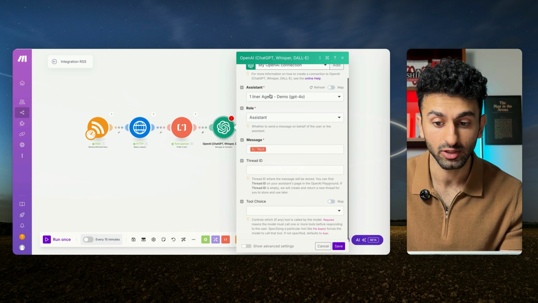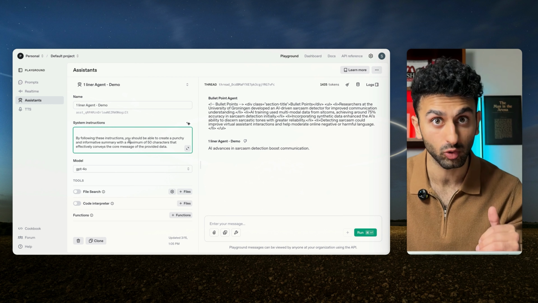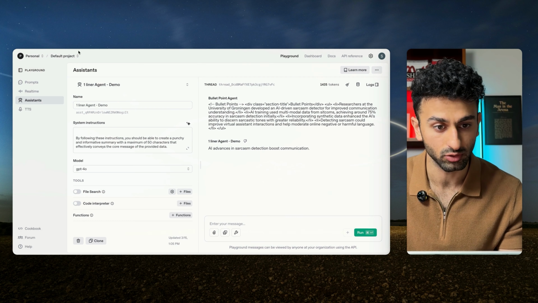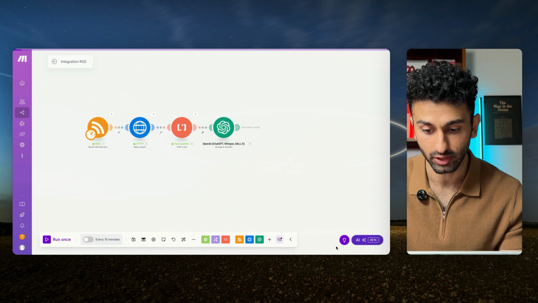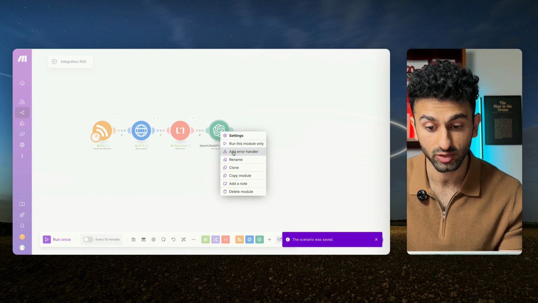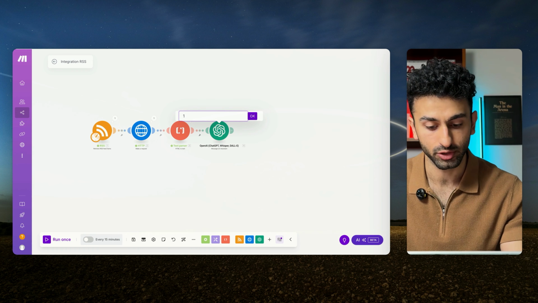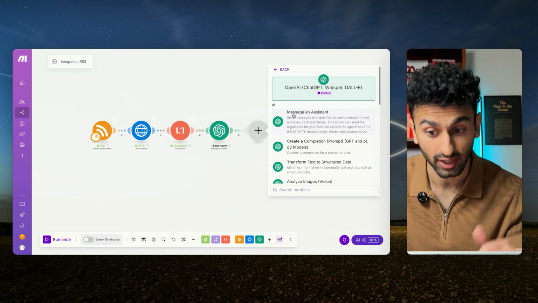The reason being, this one-liner agent has already been created with the instructions in mind. It knows what input you're going to pass it and how it should respond. That's what the system prompt is here to do. So you don't have to worry about anything else. All you have to do is pass in the input and then you're good to go. And what I would do, just to make this easy on you, because we're going to create like 4 or 5 of these modules, I'm just going to call this one-liner agent so that we remember. Because then we're going to need to create another